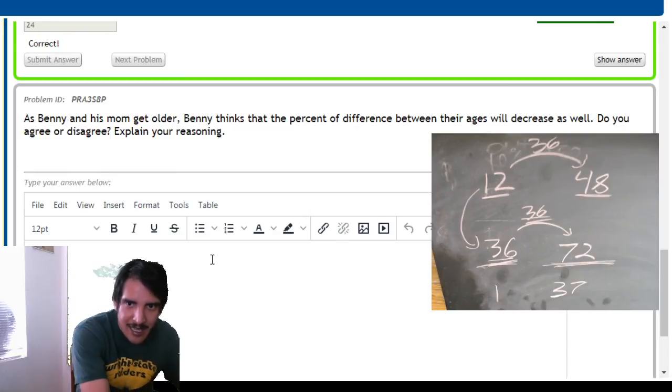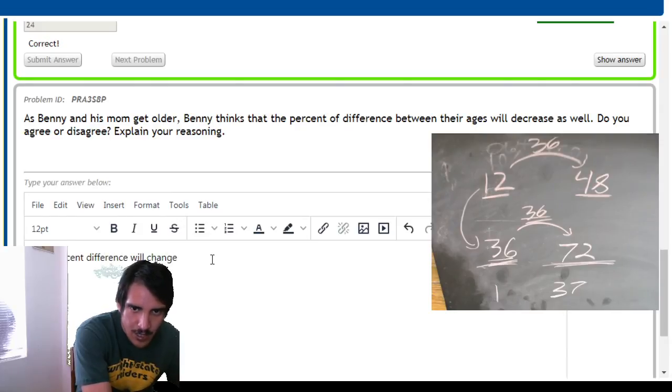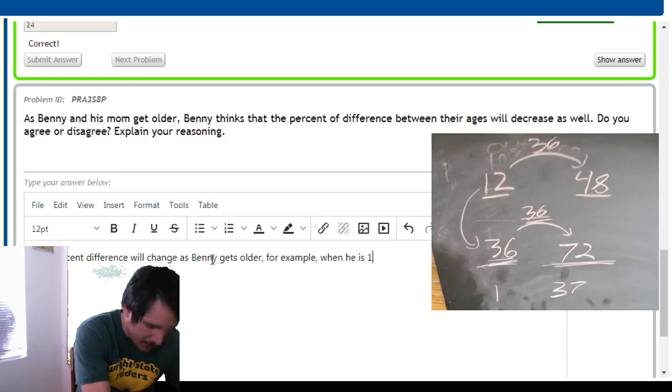So I'm going to say the percent difference will change as Benny gets older. For example, when he is 1,